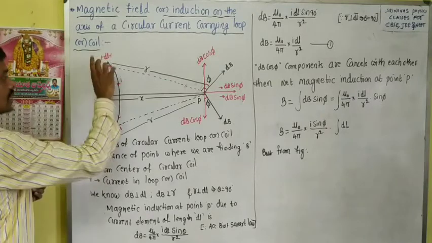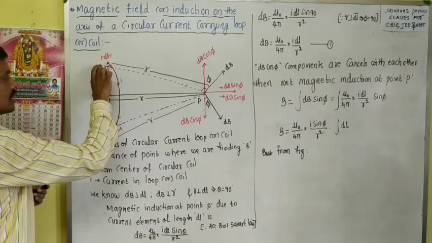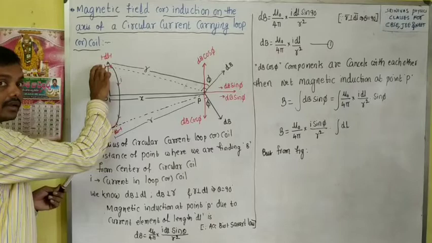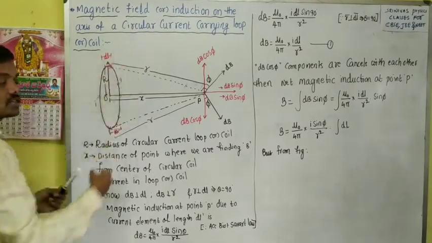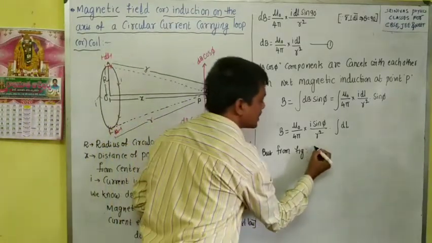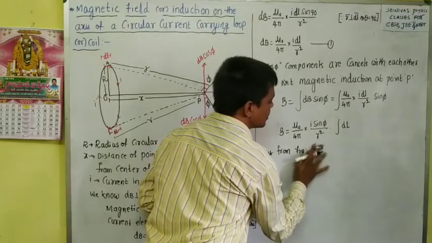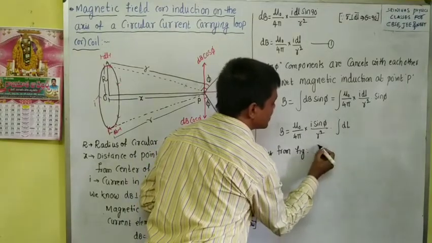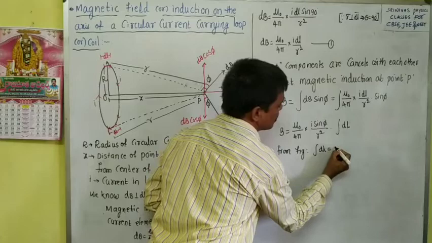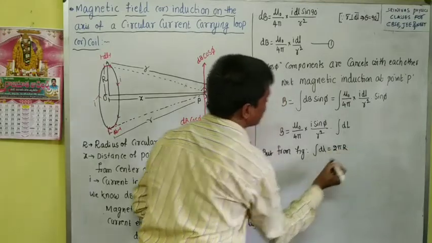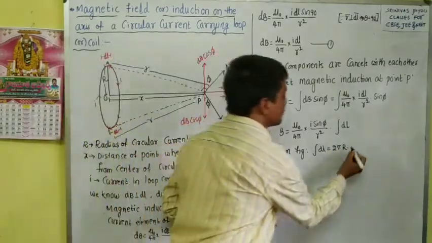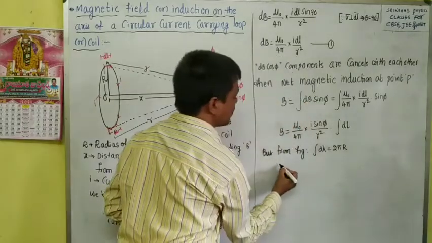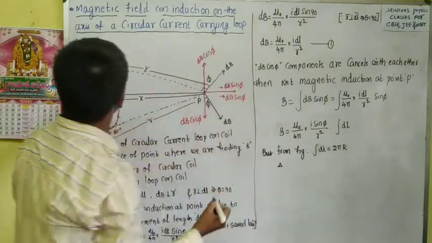What is the full circle length? The circular current carrying loop has radius capital R, that means the circumference is 2 pi R. Then integration dl we will get is 2 pi capital R. And one more thing, from the figure, from the triangle, we write: